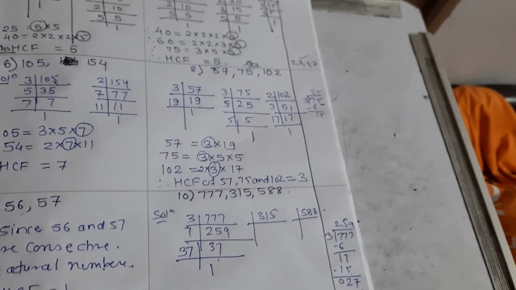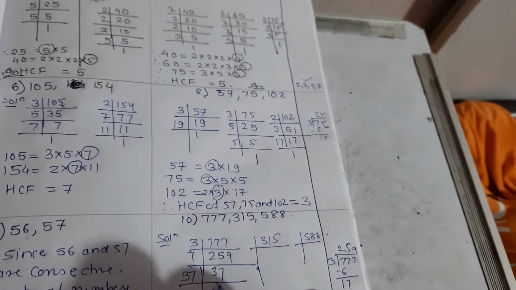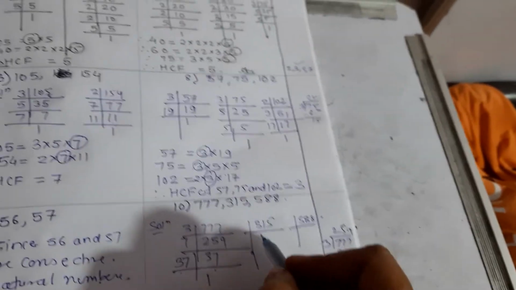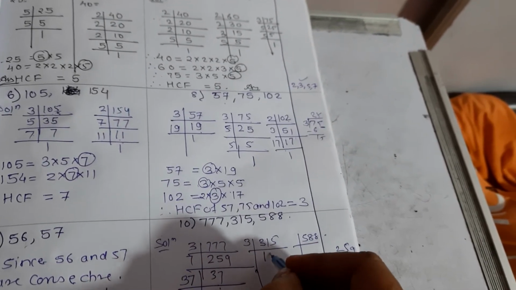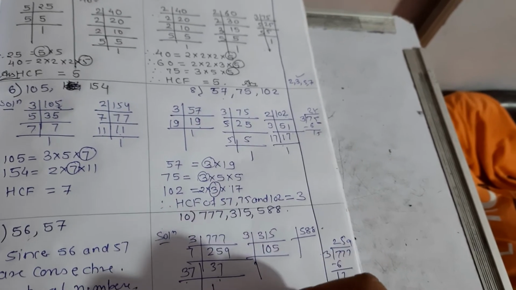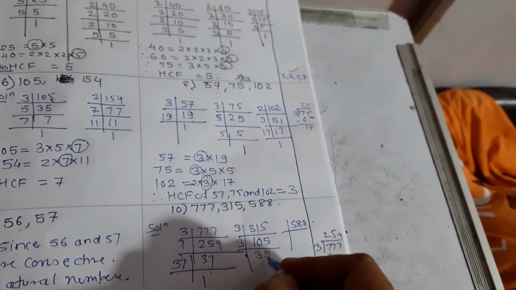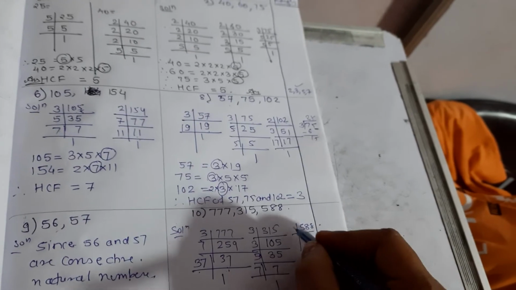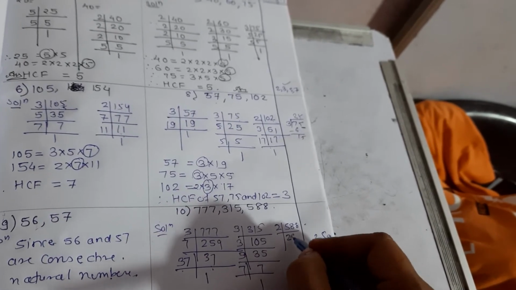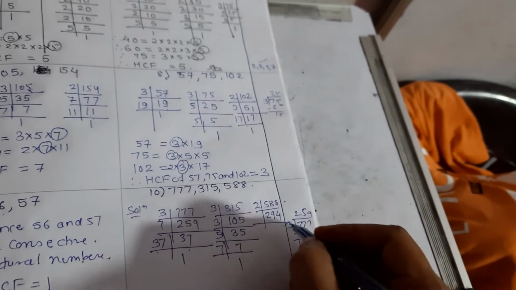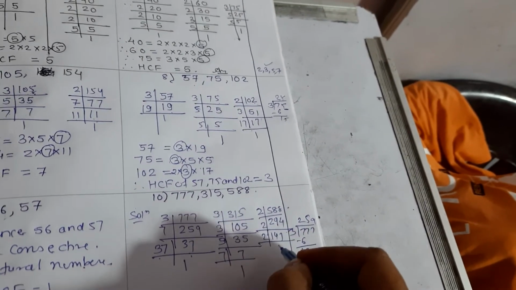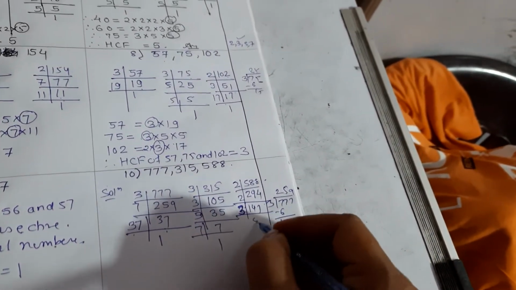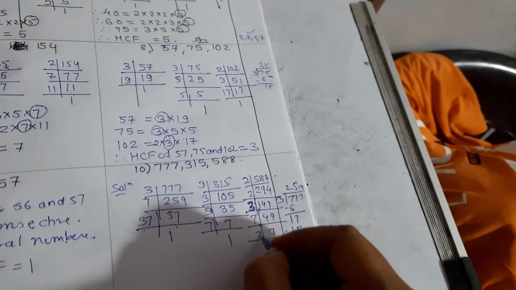We know that a prime number is divisible by that number only. So 315: 3 1s are 3, 3 5s are 15, okay. Again we can divide, 3 3s are 9, 3 5s are 15, okay. Then 5 7s are 35, 7 1s are 7, over. Then for 588: 2 2s are 4, 2 9s are 18, 2 4s are 8, okay. Then 147 will go on the table of 3, not 2. 3 49s are 147. Then 7 7s are 49, then 7 1s are 7, over.